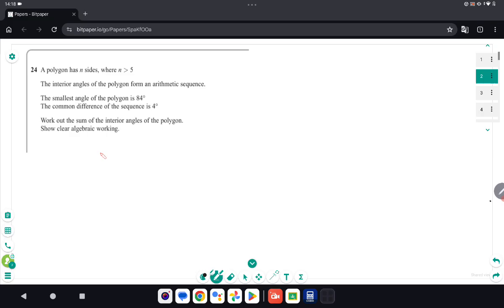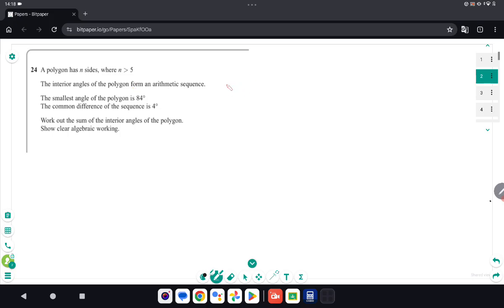So we've got two topics here: sum of an arithmetic sequence, and interior angles, angles and polygons. So you should be drawing on information you know from those two topics. So let's start with our